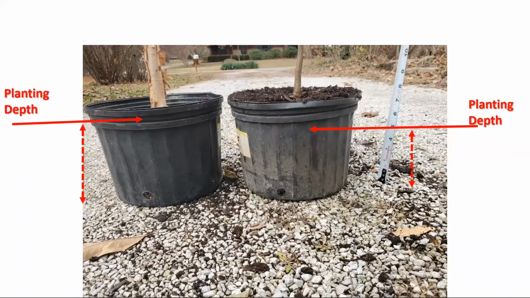But one big issue with this is once we get this redbud in the hole, we've got a lot of material right here that's up and above our root flare. All around this pot, there's several inches of material that, if we can, it would be great to remove.